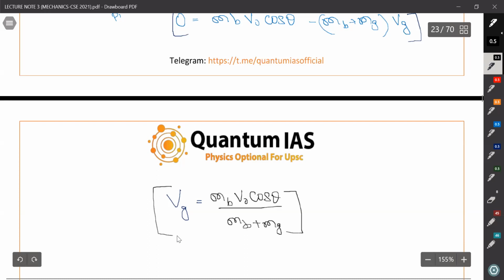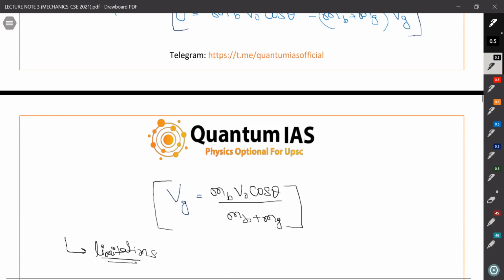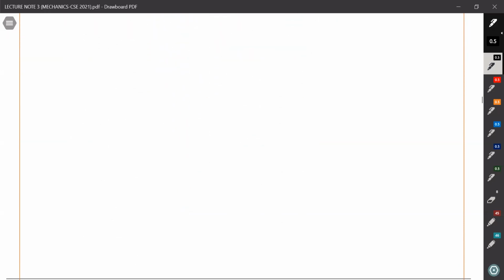What I'm trying to say is that in these types of questions, you should write the limitations in conclusion. If you get this question in your examination, start by saying what you mean by conservation of momentum, then come to the equation part, pi equals pf. Then solve the equation and write the limitations. We can apply conservation of momentum in the x direction, but we are unable to apply this in the vertical direction because gravitational force is acting there. So these are some questions based on the conservation of momentum.